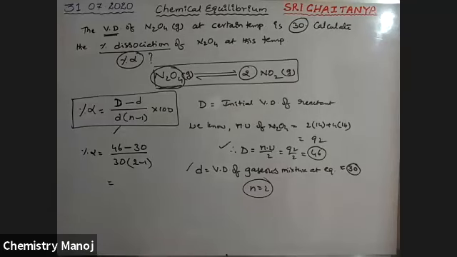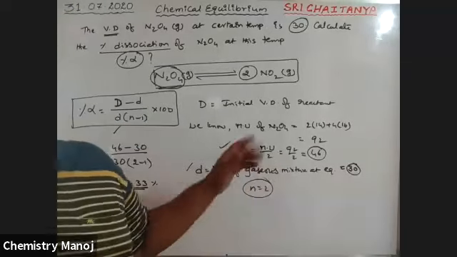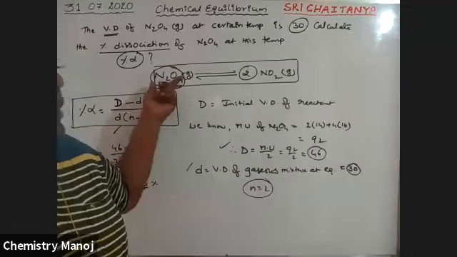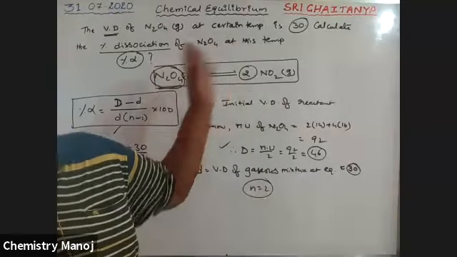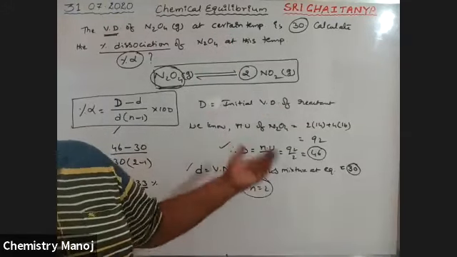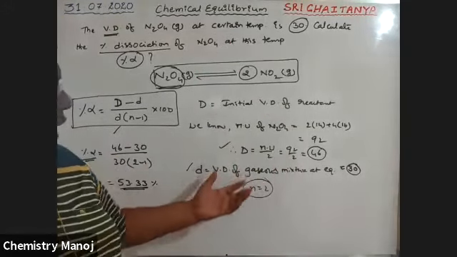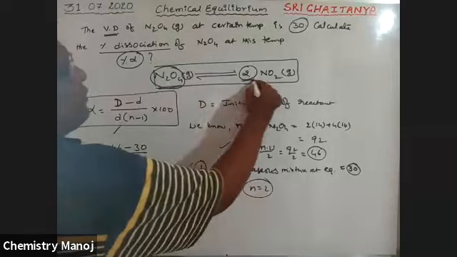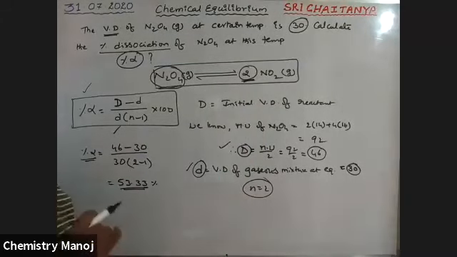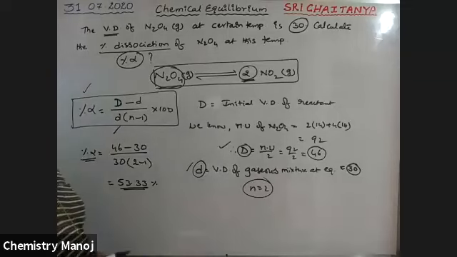So 2 minus 1. Finally, how much is the value? Tell me guys, how much is the answer? Yes, thank you, 53.33. Correct. So this is the percentage of dissociation. This is the way to do the problems. Many times these model problems are asked, my dear boys. Initially there is only reactant, molecular weight by 2 is equal to vapor density. The given condition is equilibrium mixture, so equilibrium vapor density or equilibrium molecular weights are given to you. Those are used for calculating capital D and small d. By using capital D, small d and n, it is possible to calculate the alpha value.